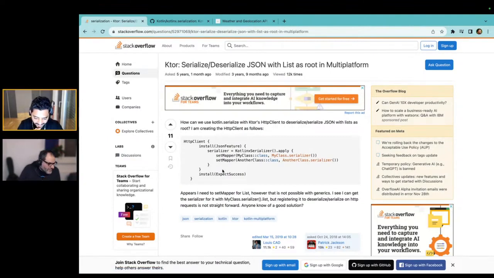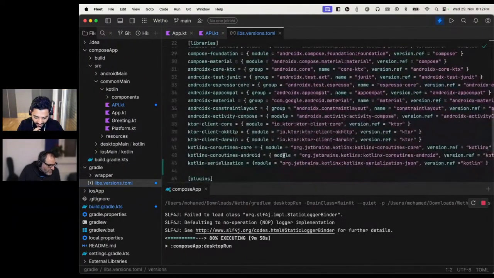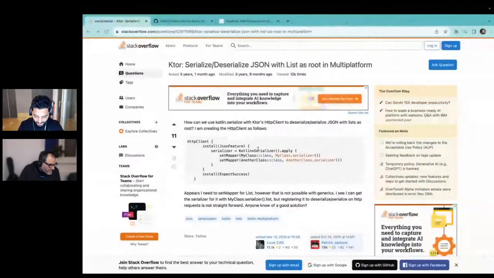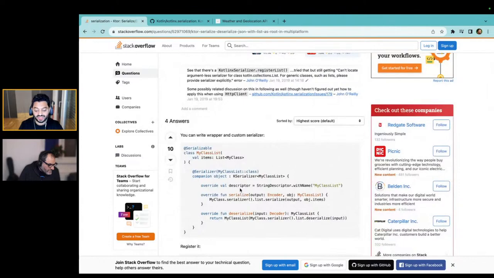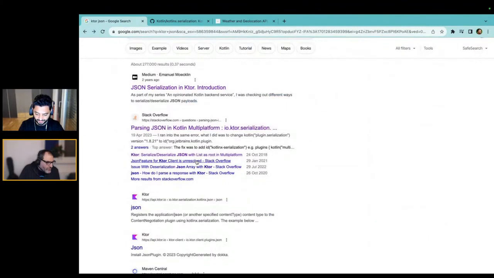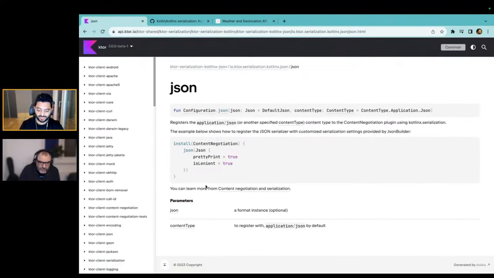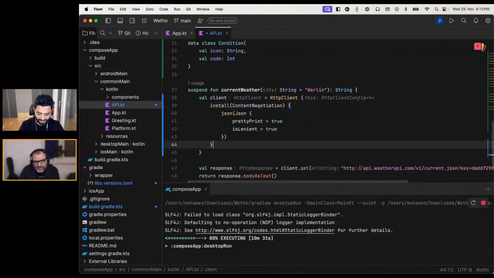If you look at the dependencies, yeah, Kotlin serialization, kotlinx serialization. So we install a JSON feature and give it like this. But I saw the examples were so much easier and simpler. If you go to the repository itself, there's a guide. Look, see here. This is exactly what we need. But it's strange, because I don't know how to define the